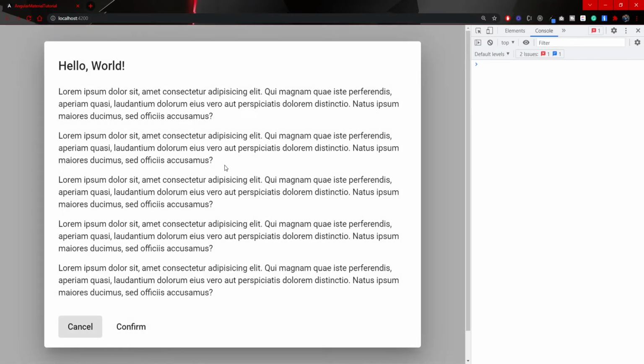Now in our localhost we do have our button to open our dialog. So let's just click on that. Once you click on it, you should be prompted with the dialog from Angular Material. The first thing to notice here is that we were able to pass data to our dialog content by this hello world as a title here. Next to that, if we click our confirm button here, on the right side we will be able to see our dialog result of close. So as we are listening for closure on this dialog, we are also able to log this result. And obviously in a real web application you would do something different with that result.